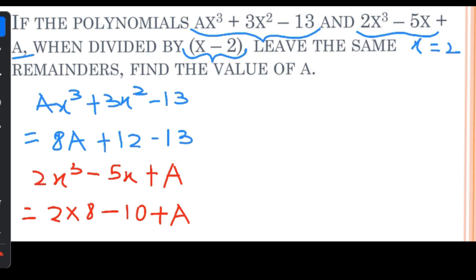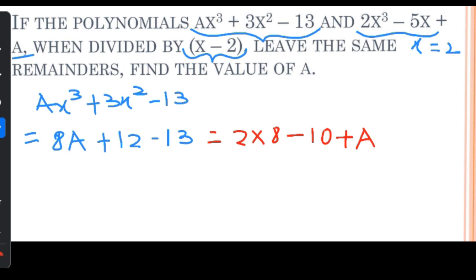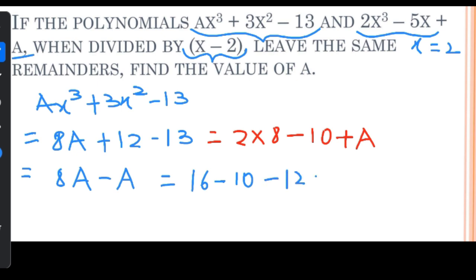कैसे करेंगे इक्वेट? उसका मतलब है ये ऐसे, these two terms are equal। अब कोई से सॉल्व कर सकता है? a को एक साइड ले आओ, 8a − a = 16 − 10 − 12 + 13. प्लस 12 है, जब प्लस 12 राइट साइड को आता है, यानी कि लेफ्ट साइड से प्लस 12